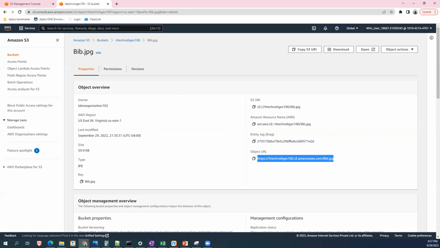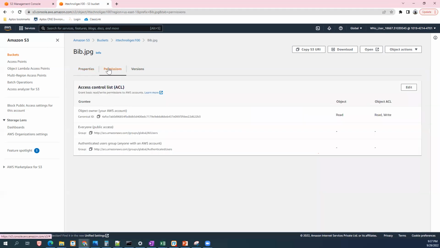But before we do anything, what do we have to do? We have to change the permissions. So let's go to the permissions. The URL will be listed under the object URL. Change the permissions. Under the object, click on this one. You can see the image details. Open the image link here. You will see access denied. Okay, good. Go to the permission tab.